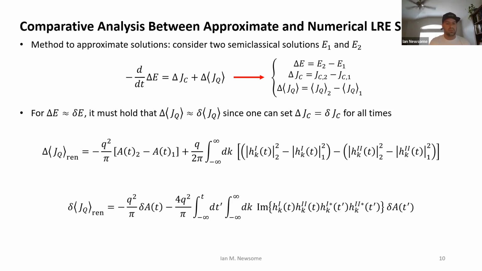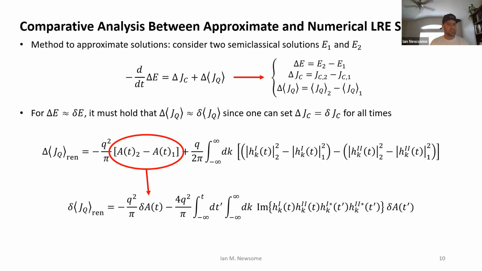Comparing this to the expression for the perturbation in the average current, one can see that the first terms in each have a good chance of being associated with one another, assuming that the semiclassical solutions are close enough. But the non-trivial second terms in both equations are harder to associate with one another and might not be well